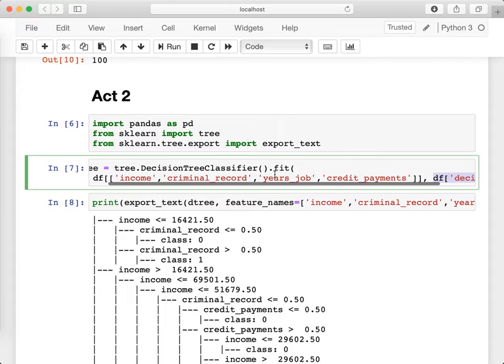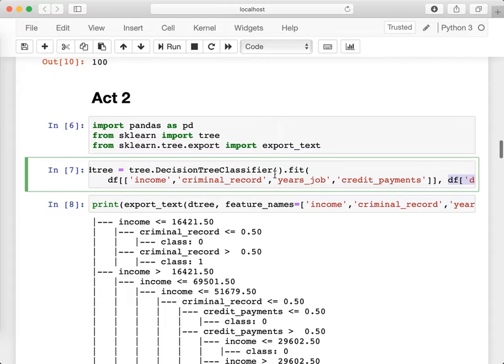Once we fit the model, it can be used for both making decisions, predicting outcomes for new values, as well as understanding the process that led to that decision, what we call explaining the decision process inherent in